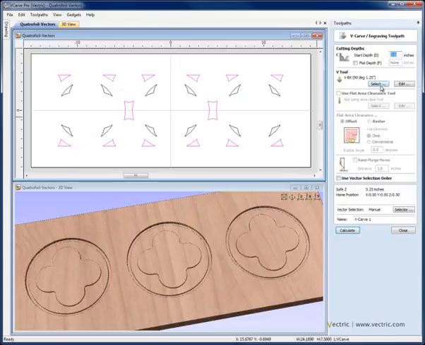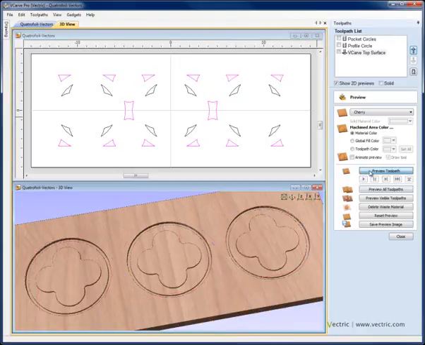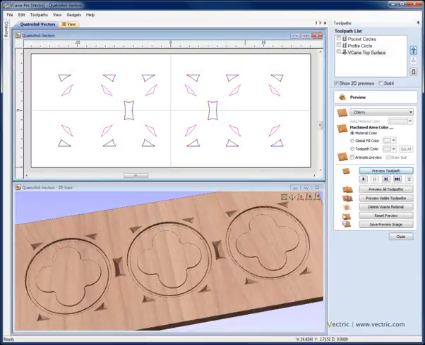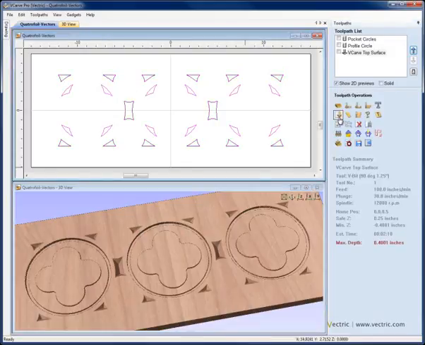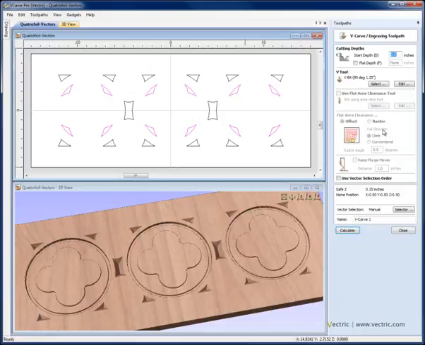I'm going to start depth is going to be 0. I'm going to come down 90° V-bit, and we'll call that Vcarve top surface, hit calculate. We can go ahead and preview that to see how those toolpaths are going to look, and then I'm going to select these vectors, we'll close the preview, come into a new Vcarve toolpath, and this